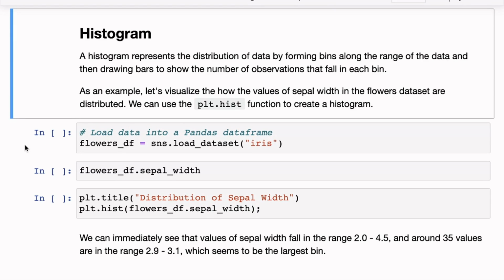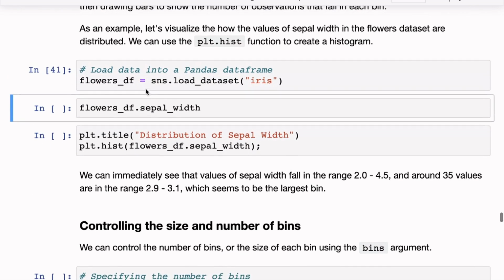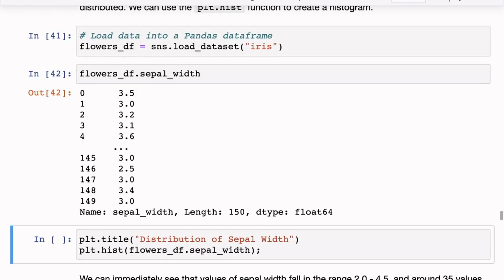The next plot that we're going to look at is called a histogram, and a histogram represents the distribution of data for a single column or for a single type of variable, essentially. So what do I mean by that? I think the best way to look at it once again is using an example. So once again, we load up the flowers data frame, and let us just look at the sepal width this time. So let's not concern ourselves with other columns. Histograms are typically just the data for a specific column.